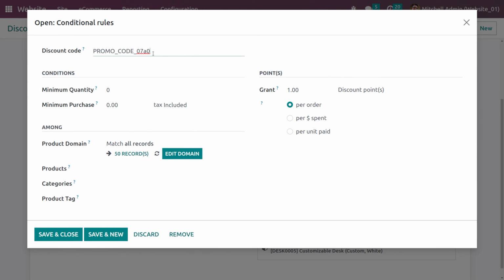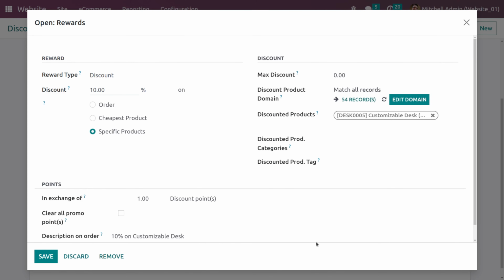The discount code is the promo code. You can set it as 1, 2, 3. So this is our discount code, and you can set some conditions like minimum quantity of purchase and minimum amount of purchase. Okay, so I'm saving this, and here you can provide the reward options, like the type of your reward,